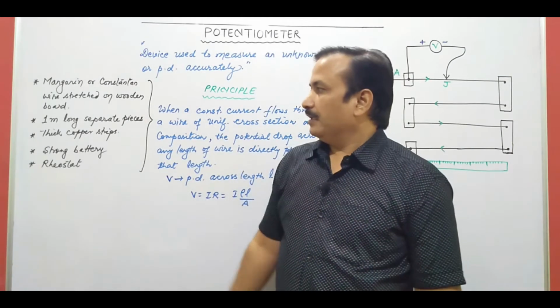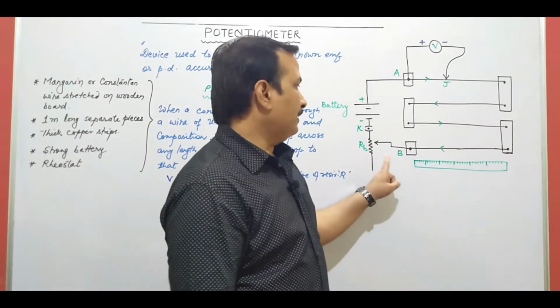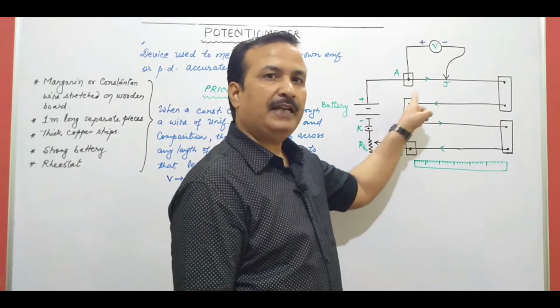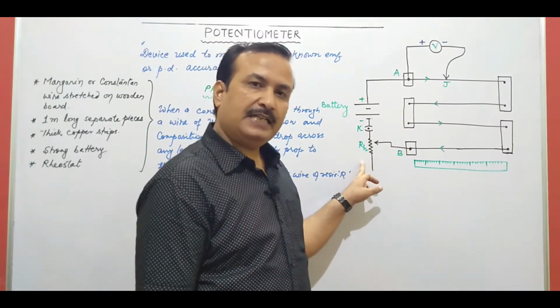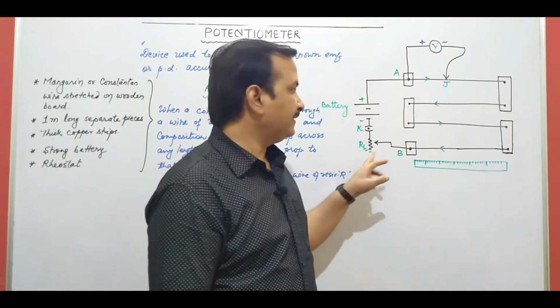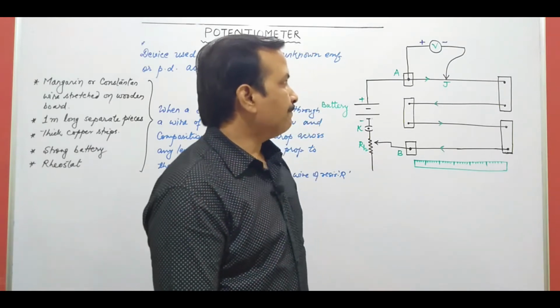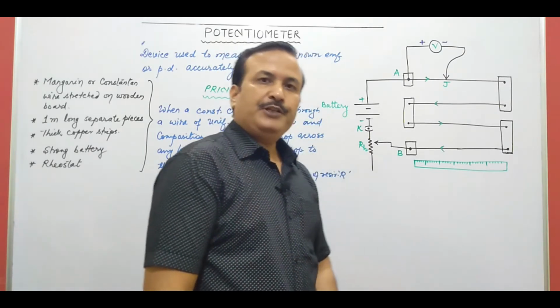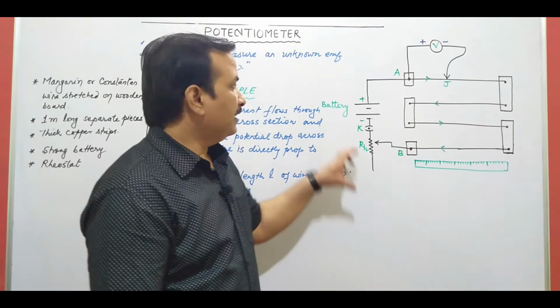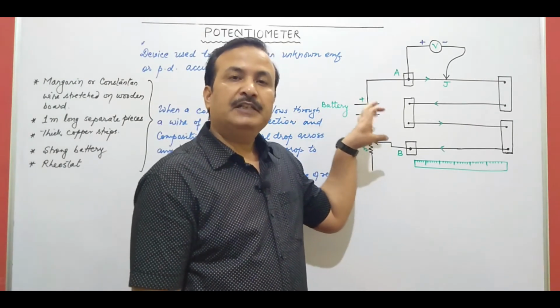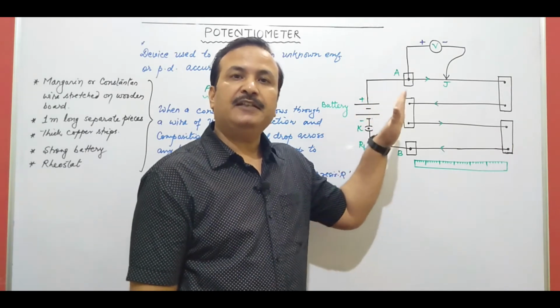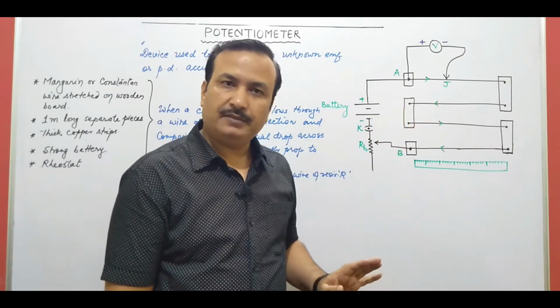We are using here a strong battery which will be providing the current there. Rheostat, again it is variable resistance. Now you see few points you need to take care. The strong battery which we are seeing should have the EMF greater than the potential which is to be measured, right?